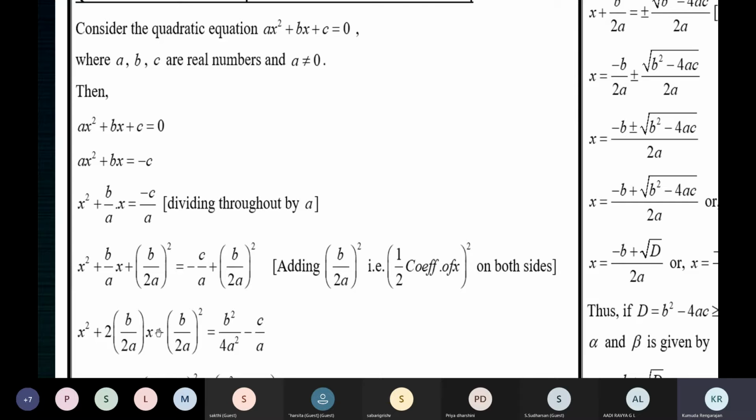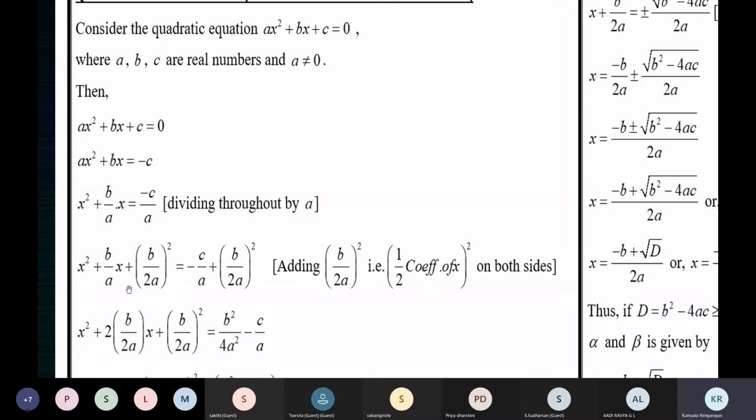2p which is x. So you can see it here. And q which is b by 2a. Now what happens? 2 and 2 will get cancelled. So b by ax. Yeah, that's what we have, b by ax. So this b by ax can be written as 2 into p into q. That's what you have to do. Only then you can write it as p plus q the whole square. So this b by ax should be shown in the form 2pq.